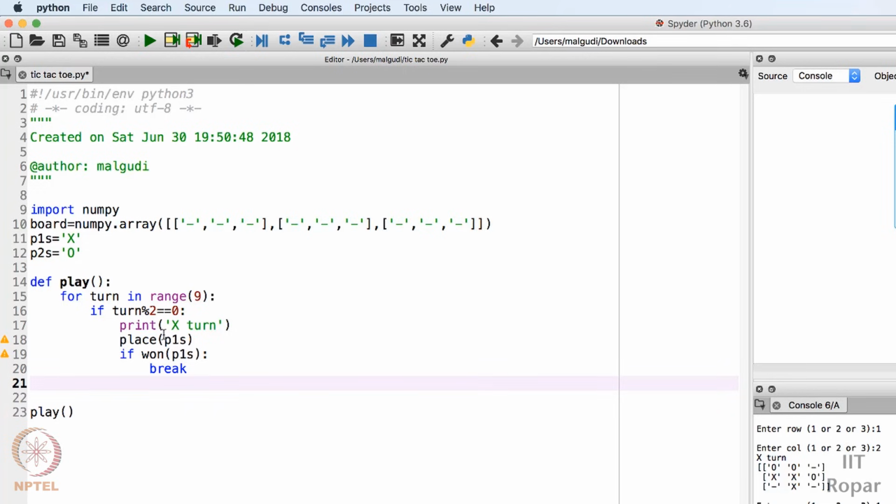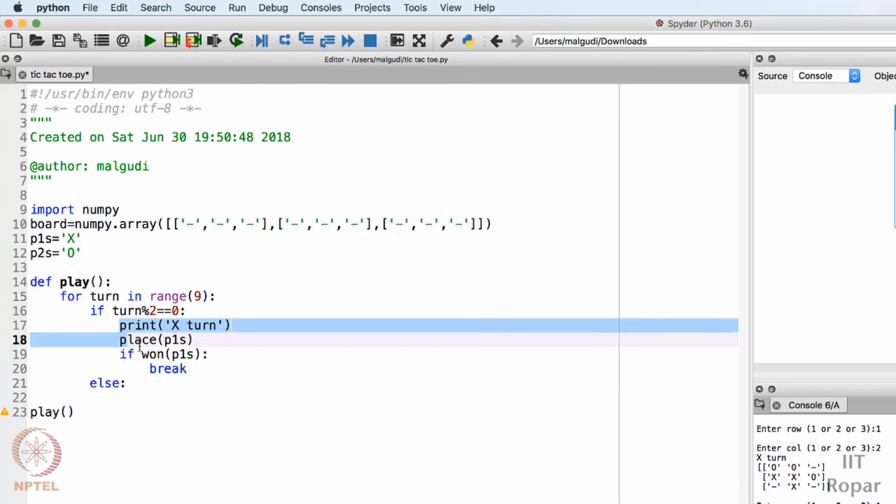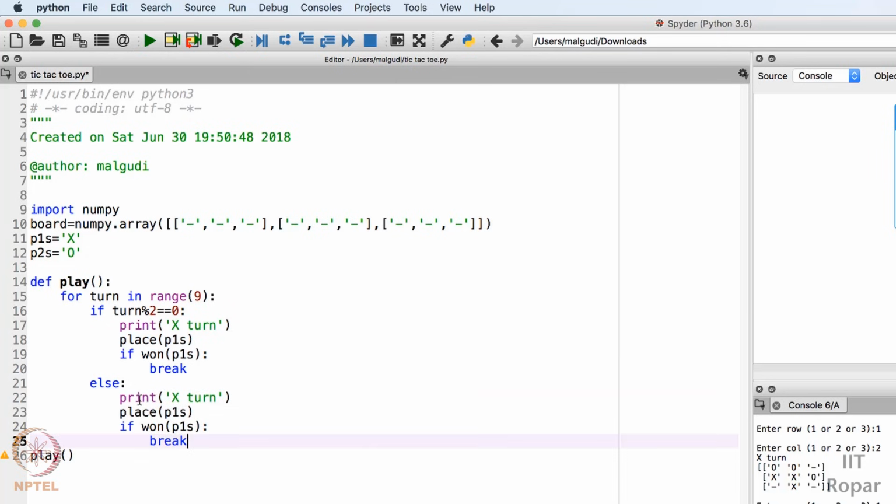Else. So this is for player X we had done. Else, that is, the turn is an odd turn. So all these things we would copy. We would do this for player 2 whose symbol is O. So I had used O, player 2 symbol, and if player 2 symbol, this particular thing has won,